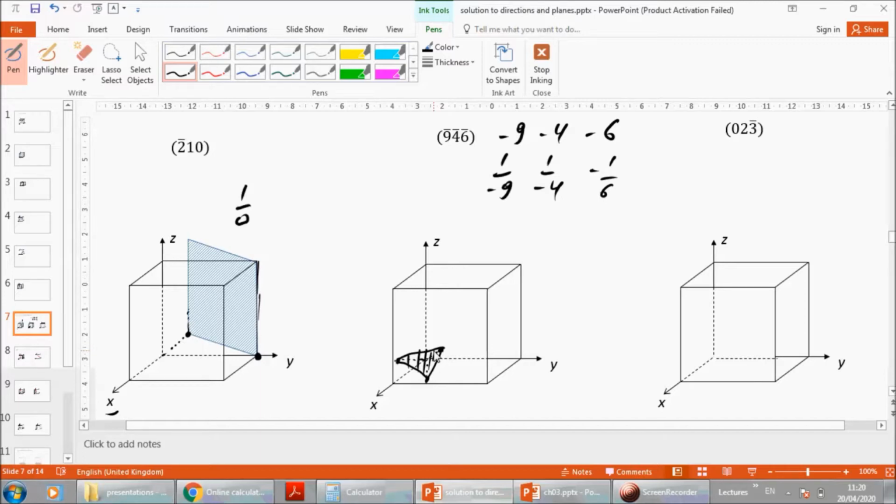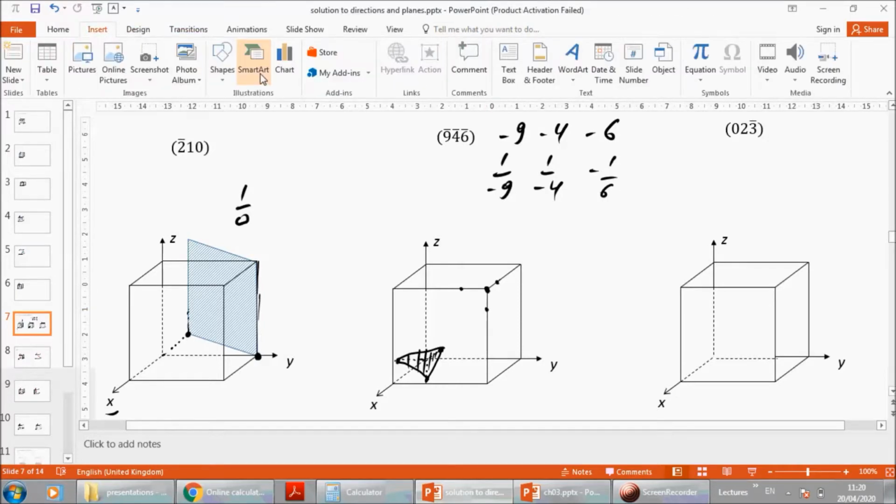I see that all are negative, so if I choose this point as the origin, all these points will be inside of the cube. So here negative 1 over 9, let's say this point, 1 over negative 4 here, 1 over negative 6 here. And if I draw this plane again,